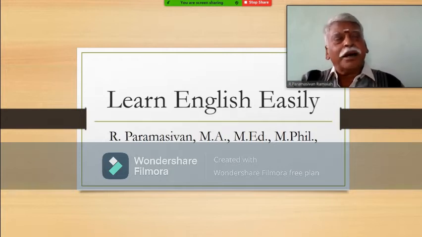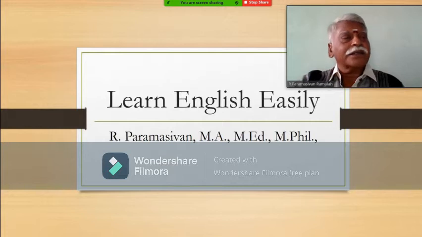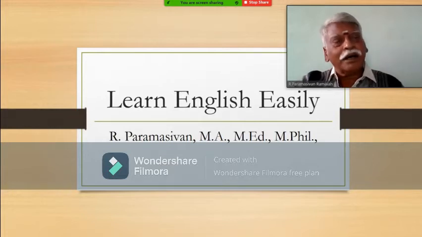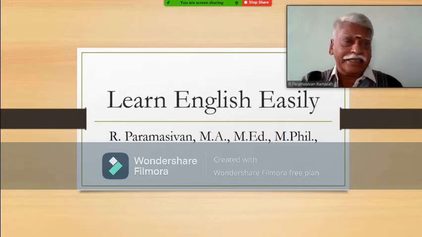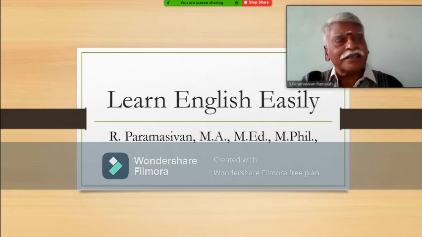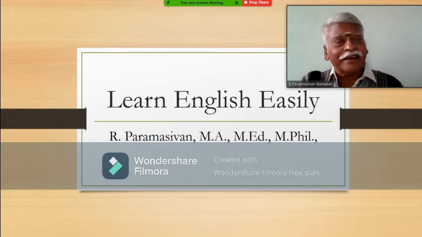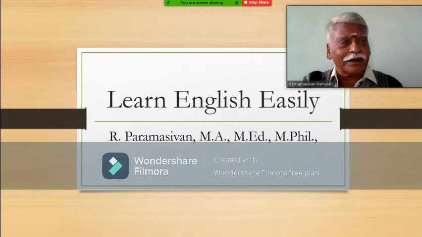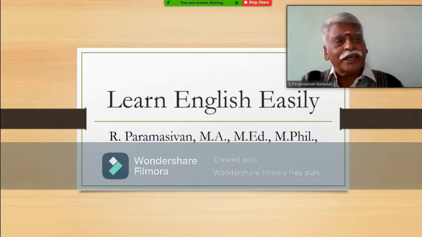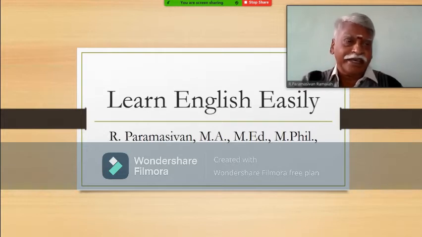We shall say, Rama saw Sita. Here, saw, that is the verb. Who saw? Rama. Whom did Rama see? Sita. So Rama is the subject, Sita is the object. Rama is said to be in subjective case, as it is the subject of the sentence. It is said to be in subjective case or nominative case. Another name is nominative case. In that sentence, Sita is the object. So Sita, that noun, is said to be in objective case or accusative case. We are going to study only this thing today.